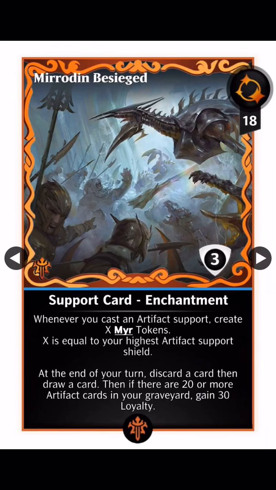So it has that new busted mechanic of, and I'm jumping straight to the bottom, at the end of your turn, discard a card, then draw a card. If there are 20 or more artifact cards in your graveyard, gain 30 loyalty. So this is really going to work well with cards that are going to put more cards in your graveyard. So if you have things that will do that, then this is going to be amazing. If you don't have things that will do that, then this will be kind of mediocre. But I mean, there's just so many ways of dumping things in your graveyard in Puzzle Quest that this will